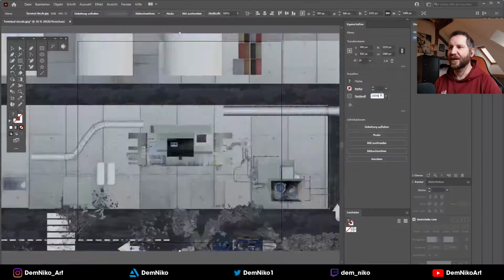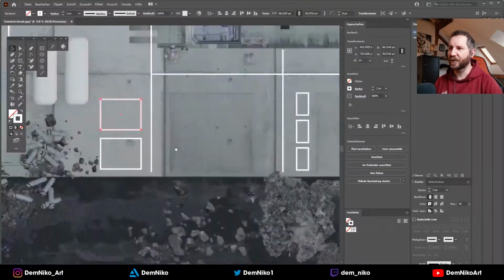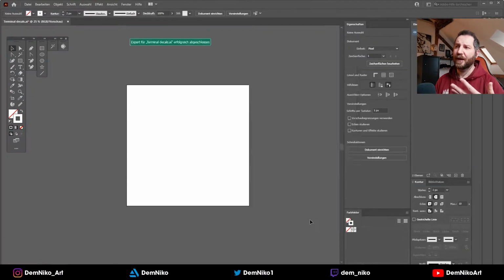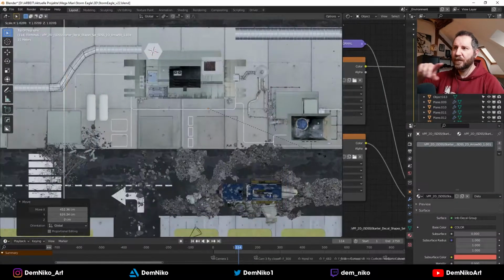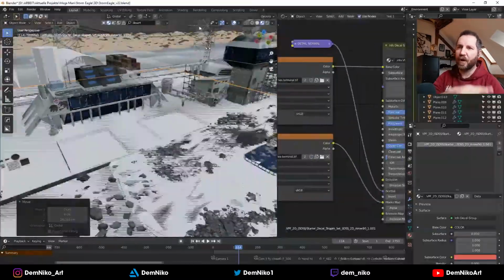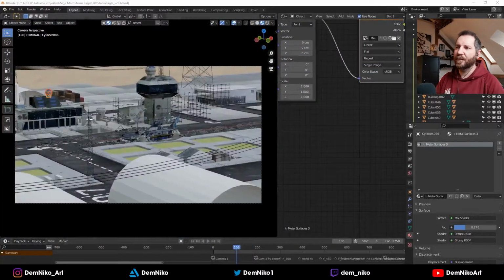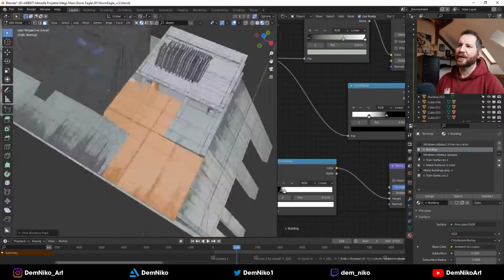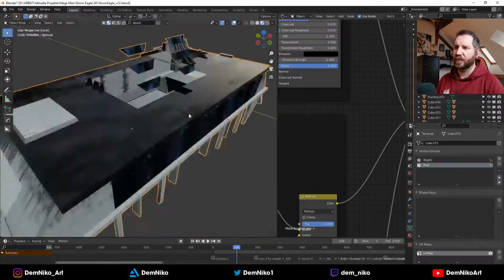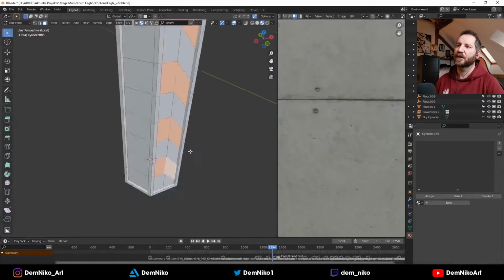Yeah, so as you see, a lot of time went into redesigning the terminal. And also to make it even more believable, I added some guiding lines around the terminal, for parking spots, or just to guide someone from one place to another. I think it adds more realism to the scene when you put something on the ground, especially in an